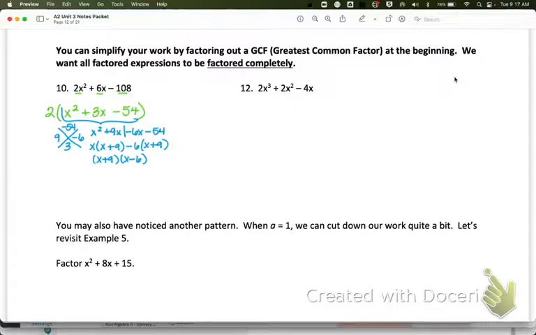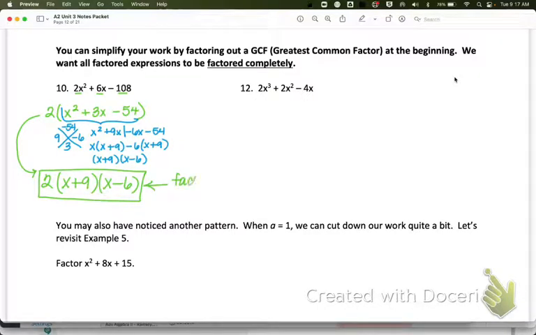And now let's come back and put it all together. So I have the 2, that was my first factor, and now I have the 2 blue factors that came from my original second factor. And so this would be our final answer, and this last one is of the form that is now factored